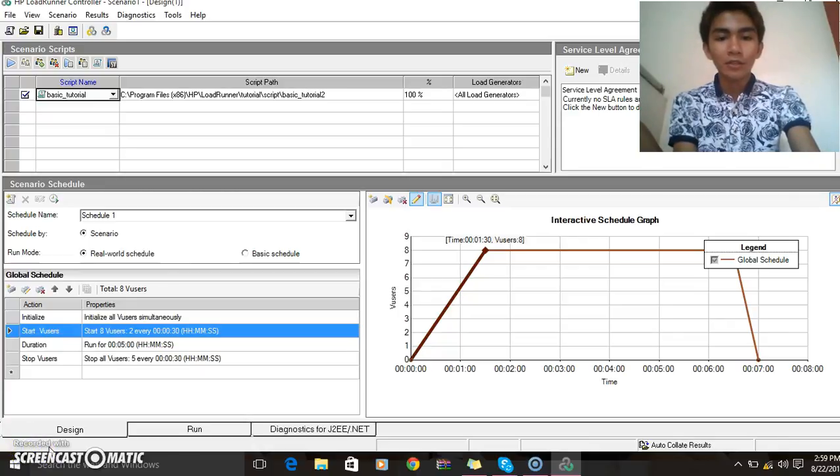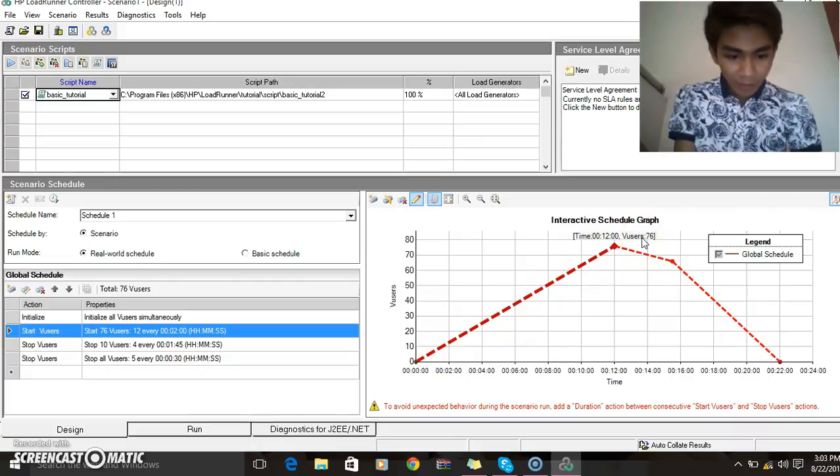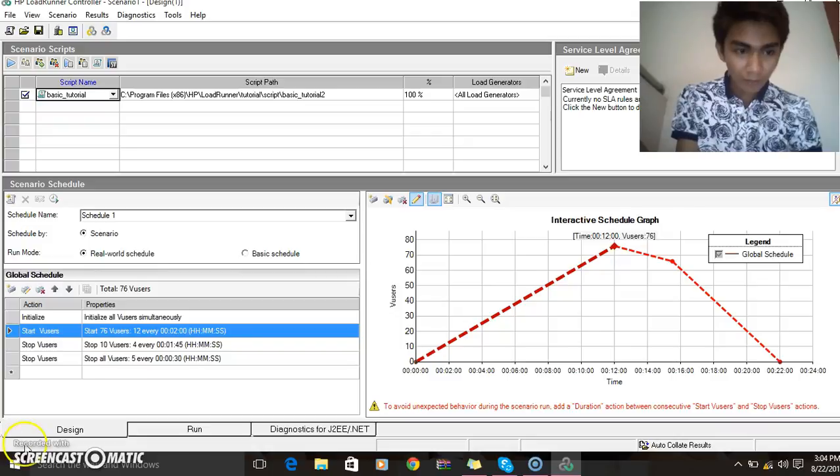In the interactive schedule graph, click the horizontal line which represents the duration. The line is highlighted and diamonds are displayed at its endpoints. Drag the diamond-shaped endpoint to the right until the time reads 11:30. You have just set the Vusers to run for a period of 10 minutes.